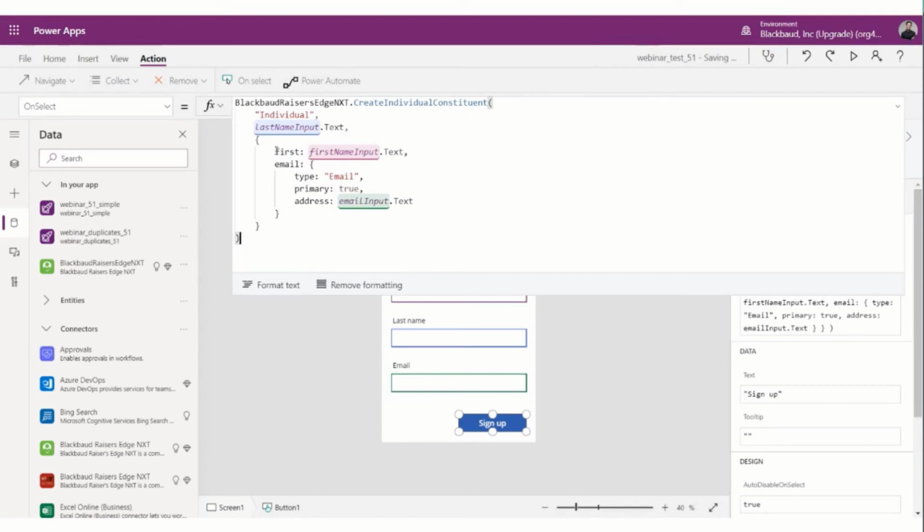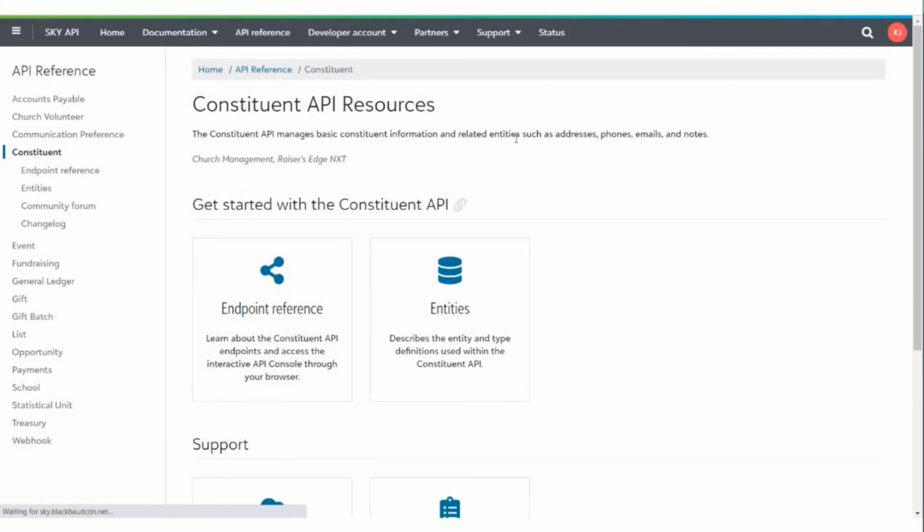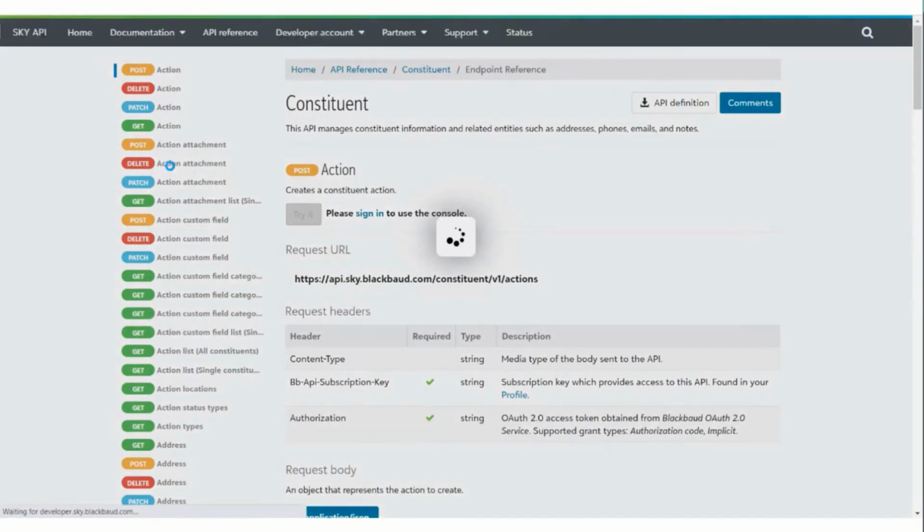The thing you may be thinking about if you are familiar with an API call is, let me jump over to this constituent API reference.